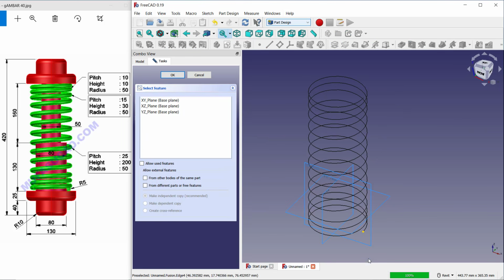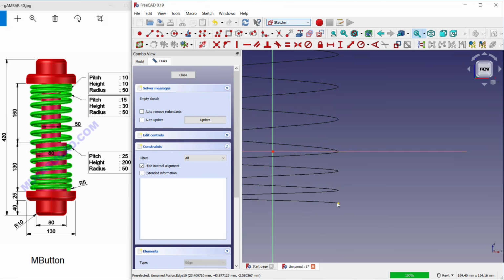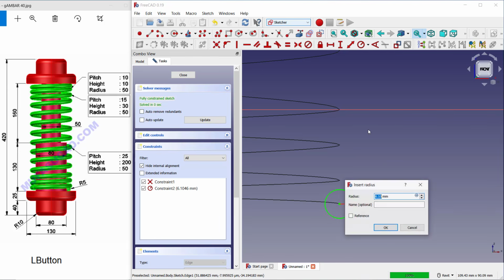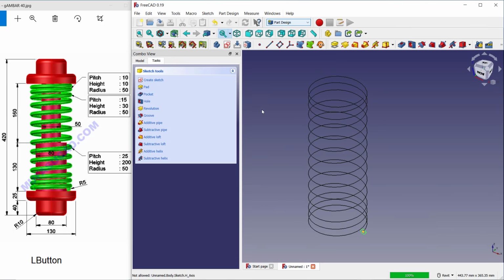Use this plane, click OK, and I will draw a circle at this point. You can use these tools to set a reference edge. Okay, you can click at this point and create a circle. We can set the radius of the circle to 5. Click OK, close. And now we can use the sweep tool to convert this sketch, these circles, into 3D.